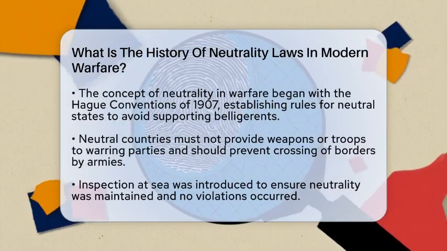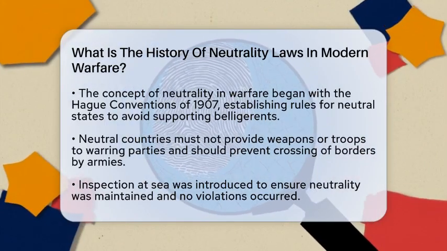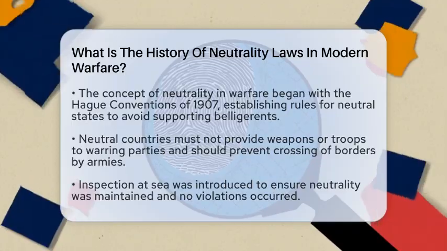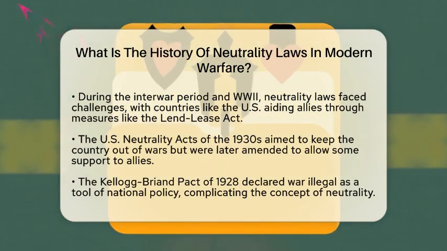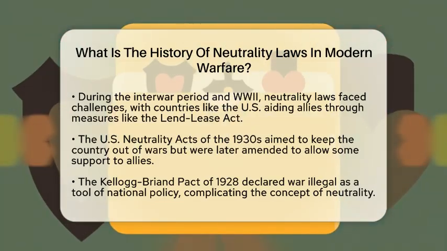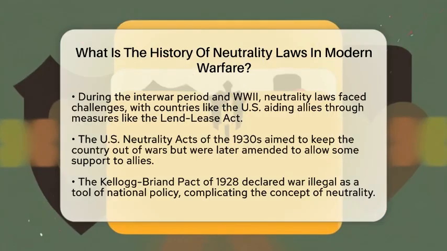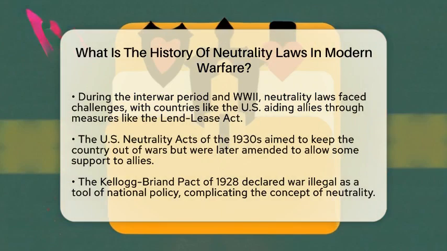As time went on, especially during the interwar years and World War II, neutrality laws faced new challenges. Countries like the United States declared neutrality but still helped allies through measures like the Lend-Lease Act. This law allowed the United States to send arms and supplies to countries fighting against aggression without officially joining the